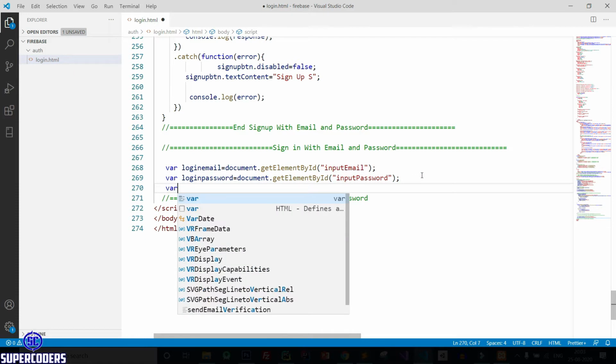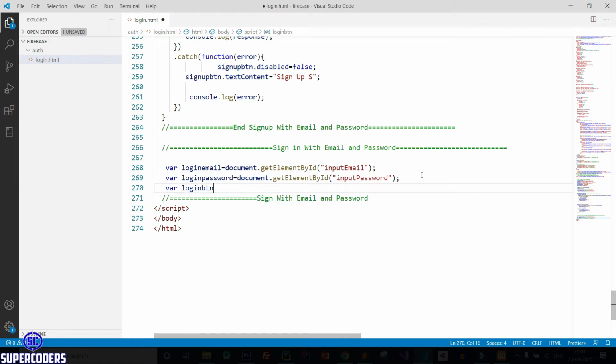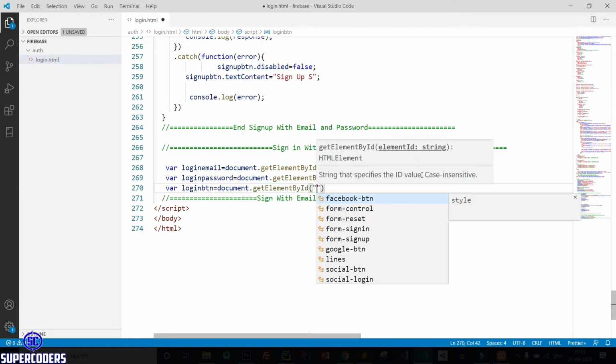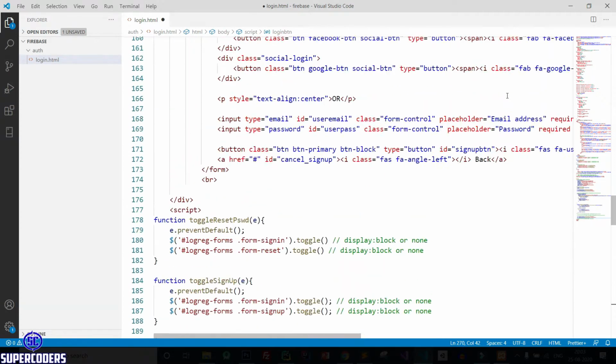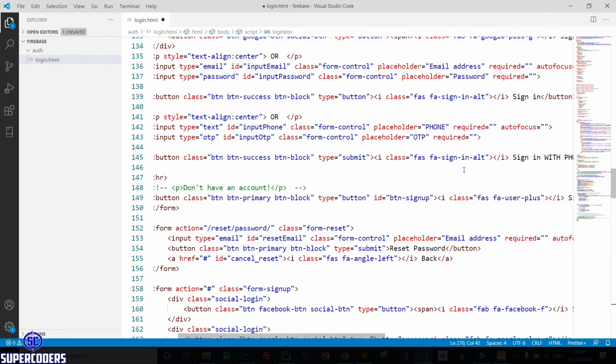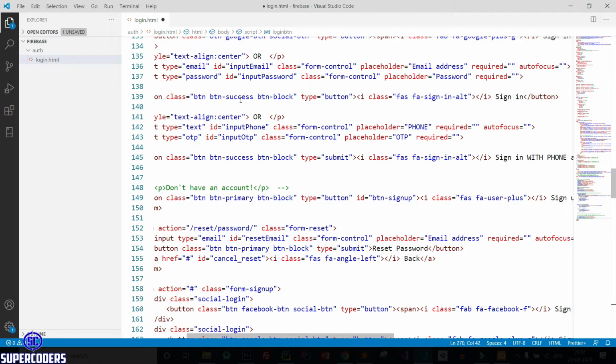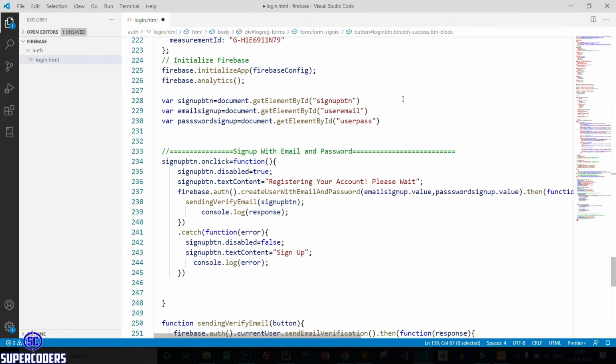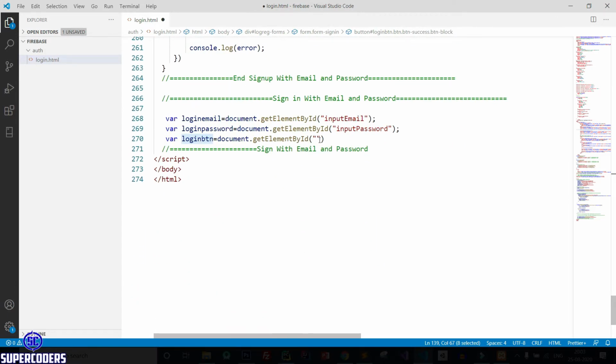After that, login button equal to document dot getElementById, then pass the button name. So you can see the button, which is ID login button. Copy it and paste here. Save it.